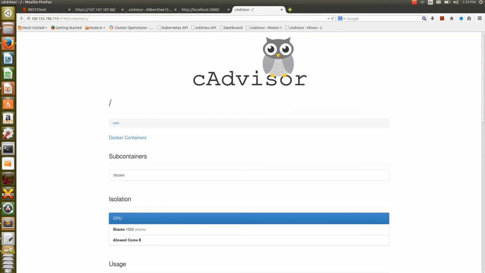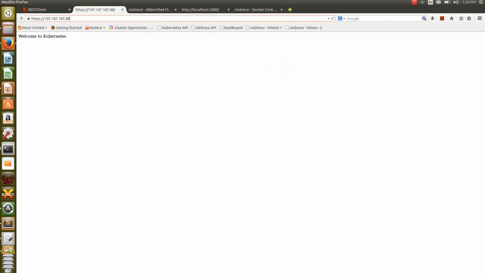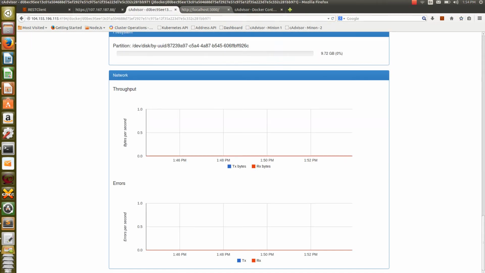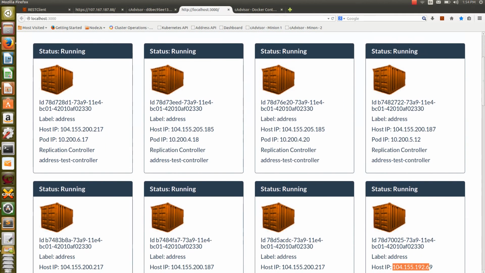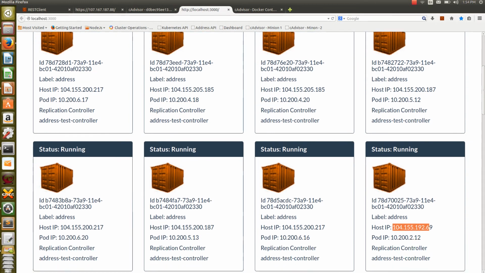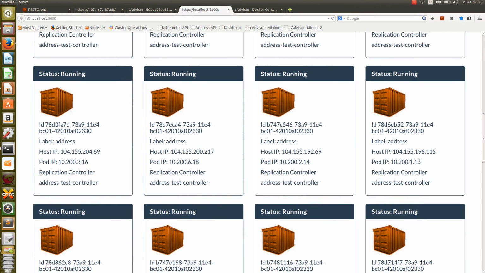If you want to see which containers are hosted on a particular minion, you can click the Docker containers link. It shows all the sub containers under the Docker engine. We have seen the UI, so let's see the total number of containers.